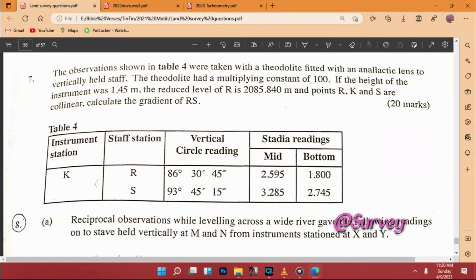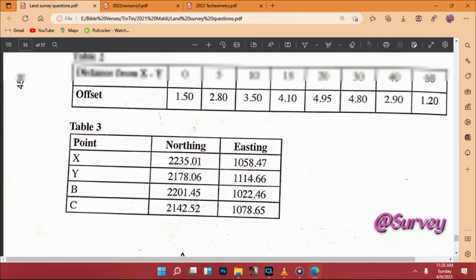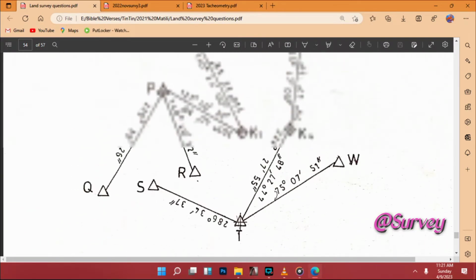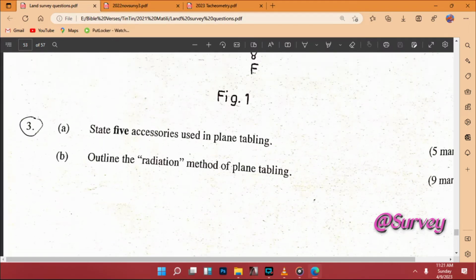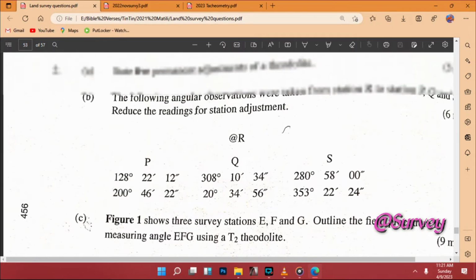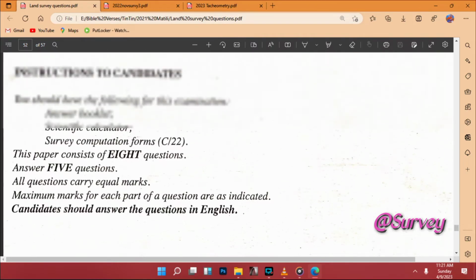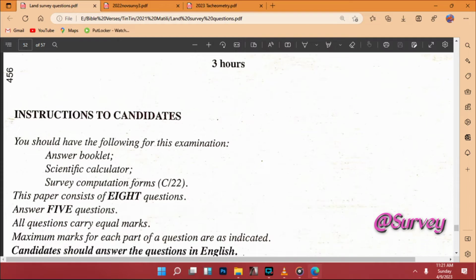Today we are going to take a question in tacheometry. I have looked for a question paper for certificate in land survey, and I've seen a very good paper for July 2022 land survey certificate. So we are going to look at tacheometry, and tacheometric survey is a branch of survey